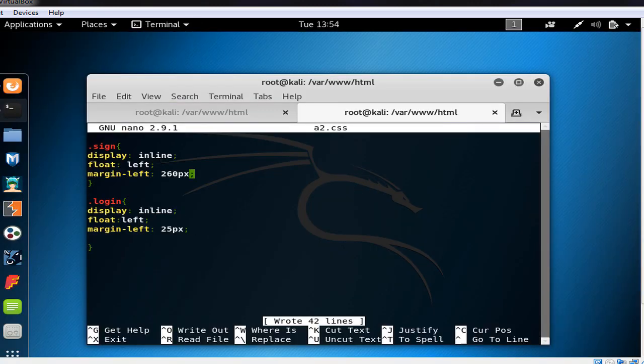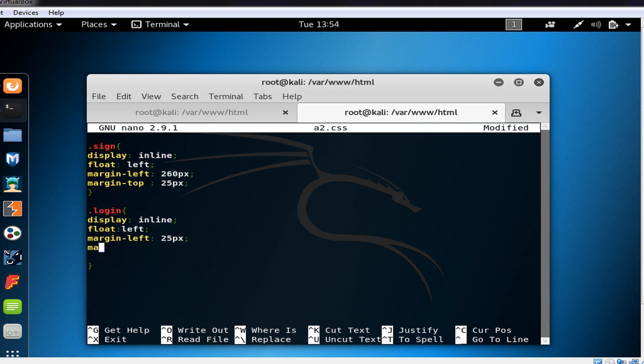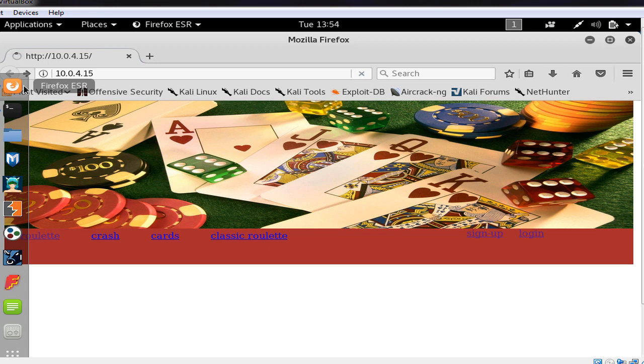Just the margin top I want for both the sign up and login as well. So in here we say margin top, and then let's make it 25 pixel, margin top 25 pixel. Now if we refresh,